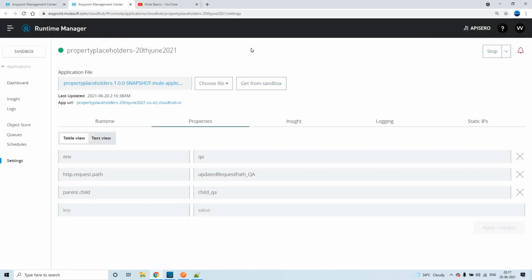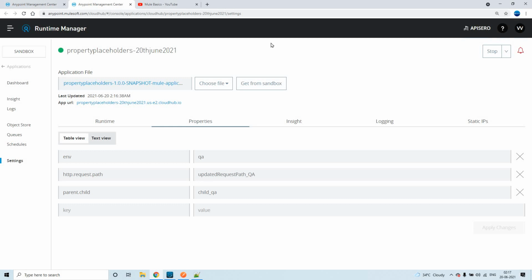As we have discussed in our previous session, these are the advantages you'll be getting if you use property files. You need not explicitly change the configurations in the applications and deploy it every time.